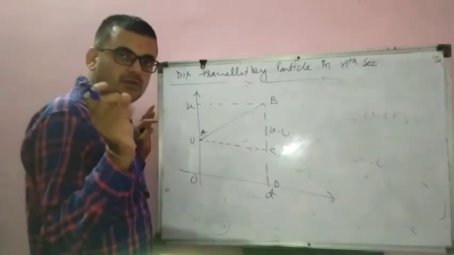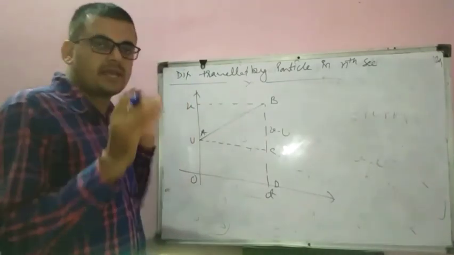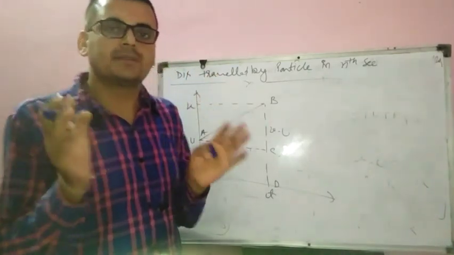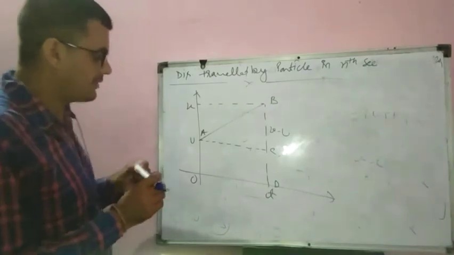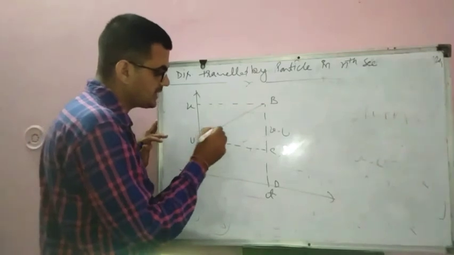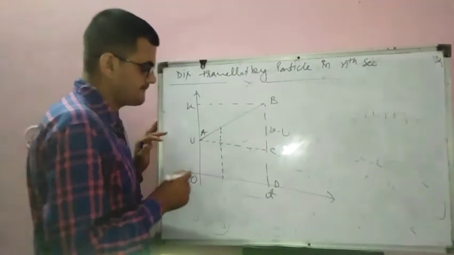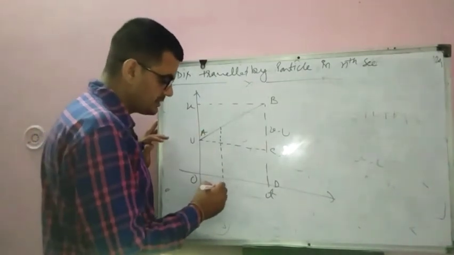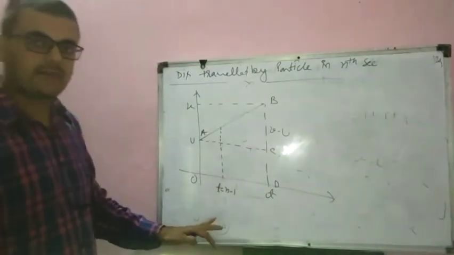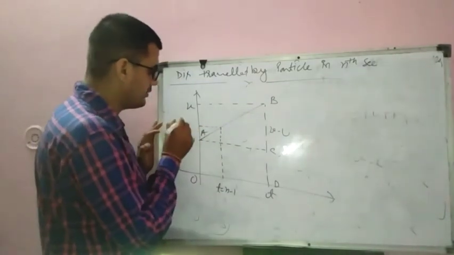Suppose students, now we will make a little change because our topic is different. Distance traveled by the particle in nth second means we have to find the distance in a particular instant of time. Then how will we draw it? This one. Suppose at this time, at T equal to n minus 1, suppose here time is T equal to n minus 1, velocity is U(n minus 1).